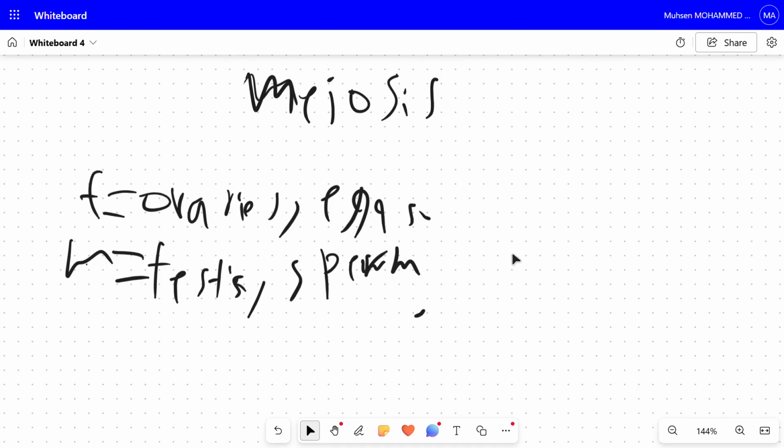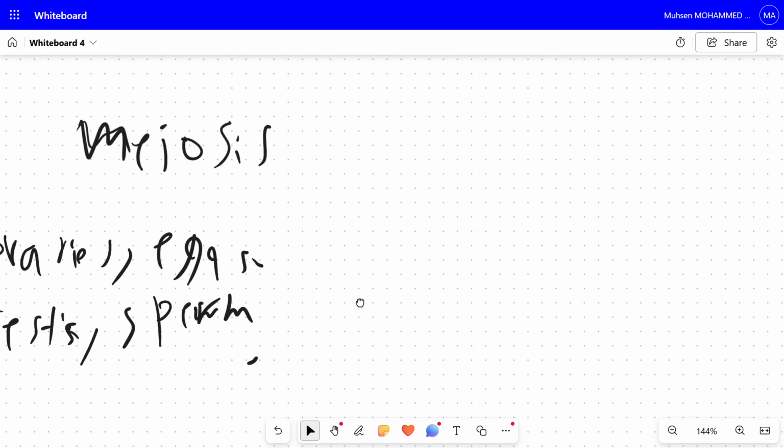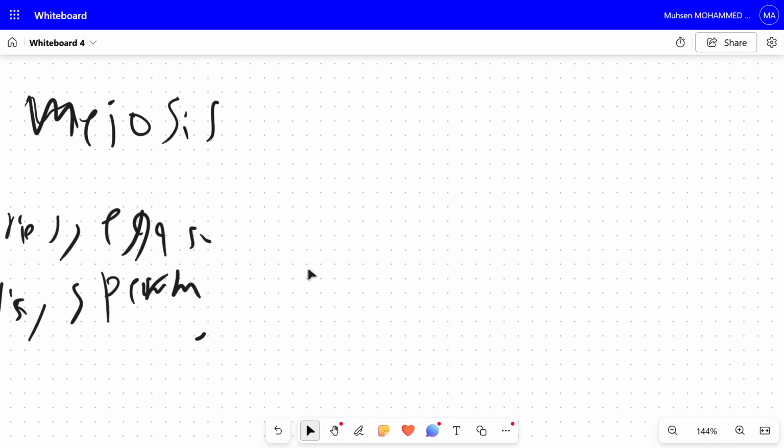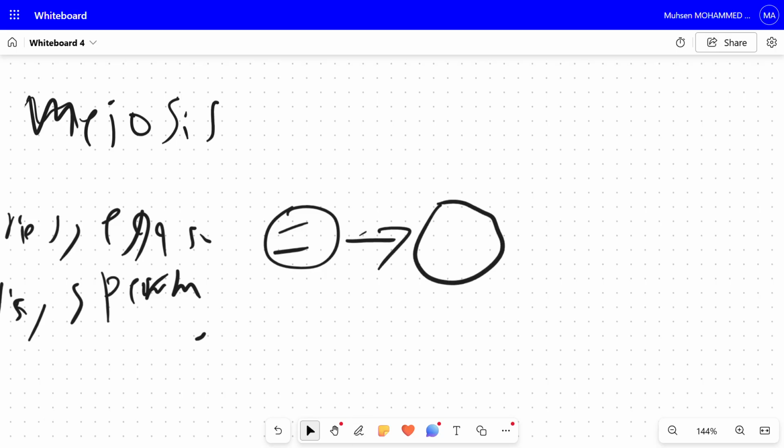So, the process of meiosis starts with one cell, an ordinary cell with chromosomes. Then what happens to this cell is that the amount of chromosomes inside it doubles, so it makes a copy of itself. Now, this until now is the same as mitosis, but what's different is that now